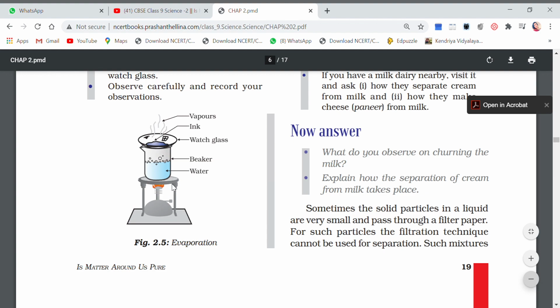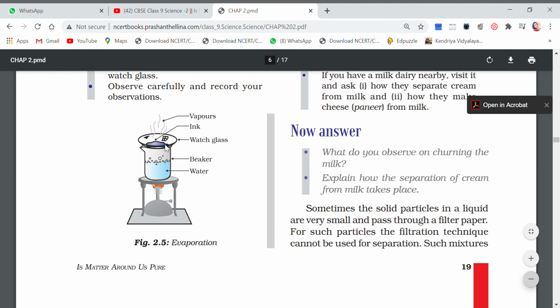I could have done this also. I could have taken the watch glass and I could have placed it here itself. We remove the beaker. I could have directly heated the watch glass too. Why did I need to put water in between? Because children, the ink that I am using is very less in quantity. So if I put this small amount of liquid directly on the heat, what will happen? Everything will get burned. I don't want to burn it. I just want to separate the components.